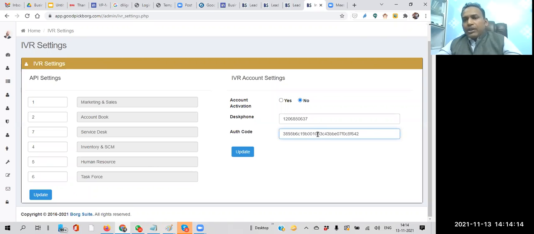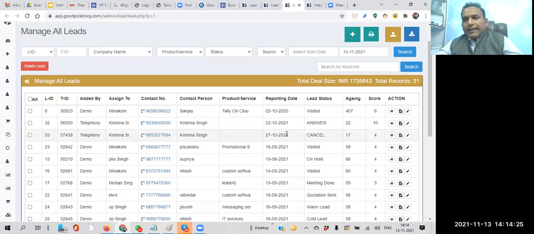What is the benefit, why do we need to do this, and if we do not do it, what are we losing, and what are we getting after doing this? So let us discuss that. There are two ways. If you are integrating this IVR, then what will happen when someone makes a call on that particular number, which is mentioned everywhere in your leaflets, on your website or anywhere? For example, you have set 1 for sales. If your caller, who may be your customer or prospect, presses 1, that call will land